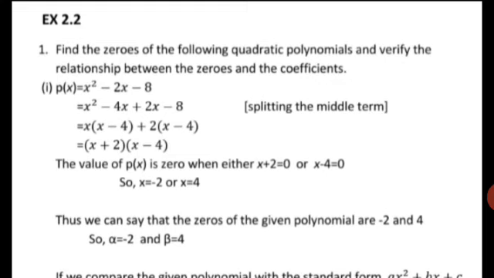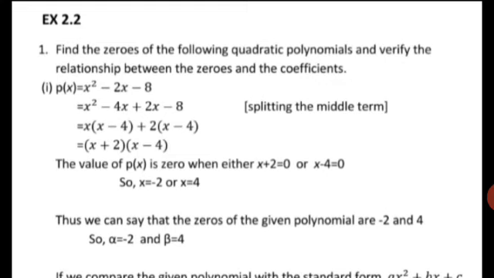We are going to get the two factors. Here the middle term, that is minus 2, is split up as minus 4 plus 2. You know these methods, and we come up to the two factors of the given polynomial as x plus 2, x minus 4. Now children, this p of x, that is our given polynomial, if it has to become 0,